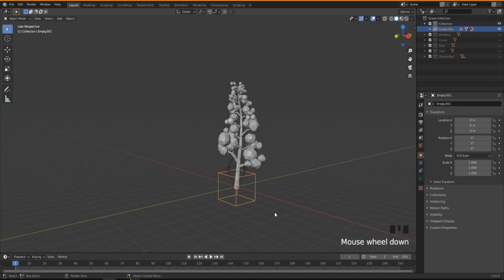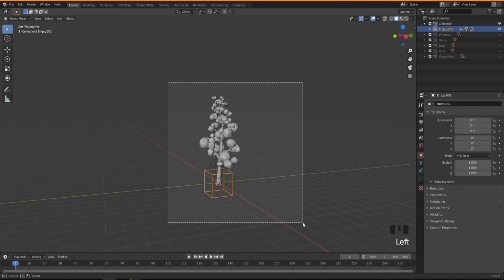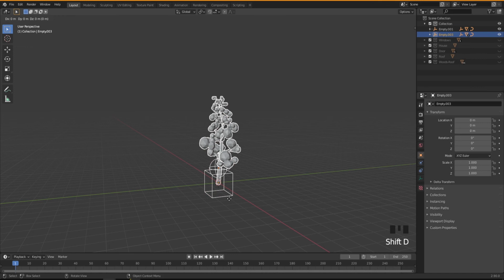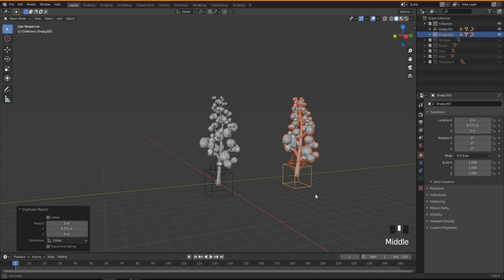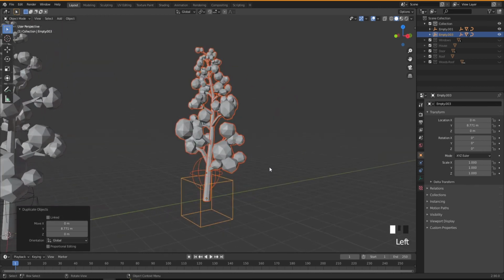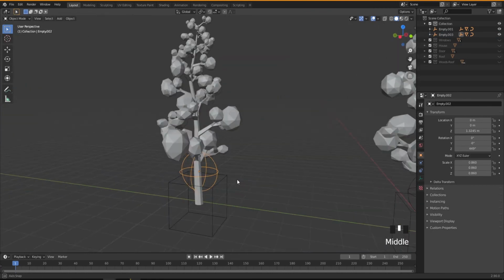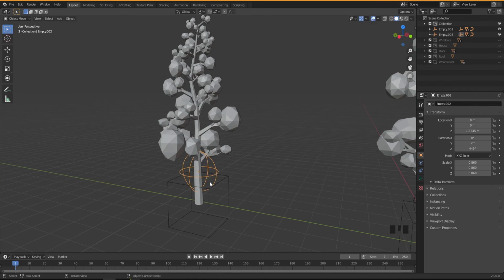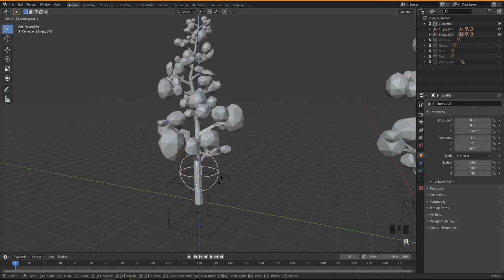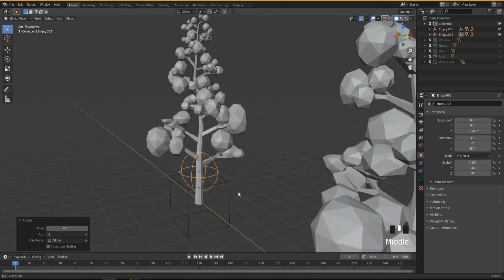So now it's easy to make another copy of this tree. What you need to do is select everything, Shift D and Y, so you have another one. If you want to make changes to this one, you just play with the rotation, rotate only on Z, like this.